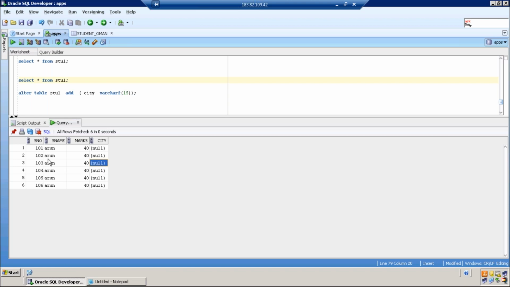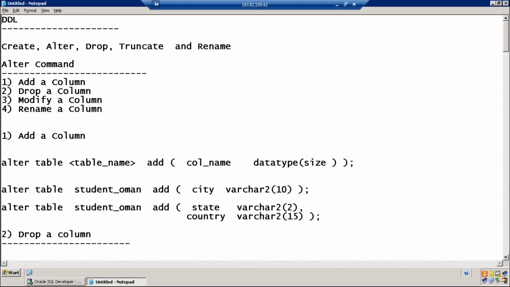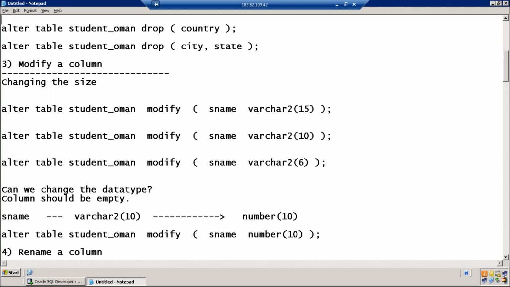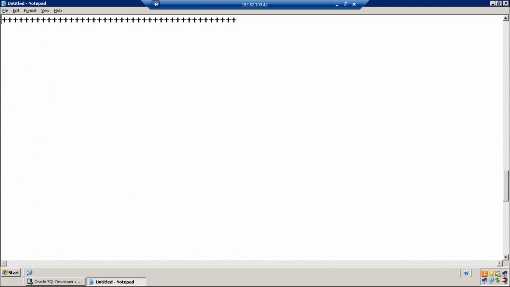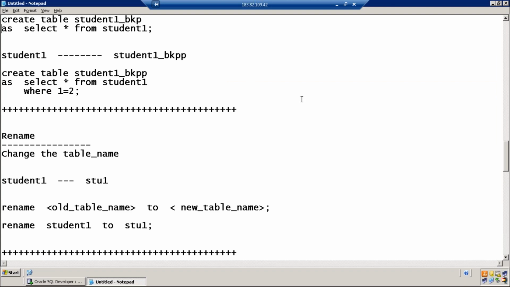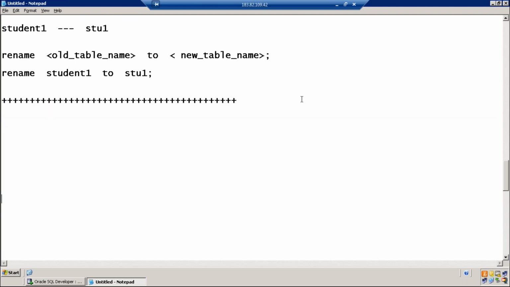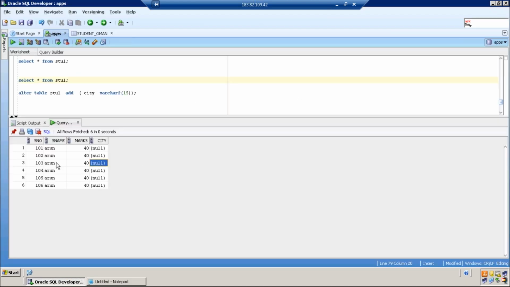City should be something like Hyderabad or Delhi. For 103, I want to change the city to Delhi. Insert command will insert a new row. Right now there are 6 rows. It will insert the 7th row. But you want to change the data null to Delhi. So in that case, you should write an update.